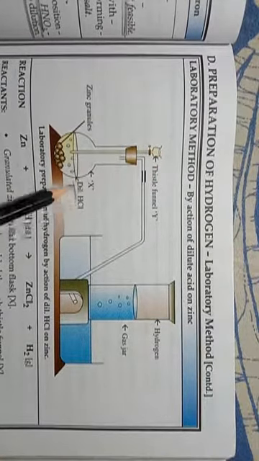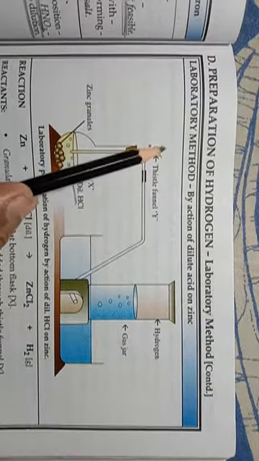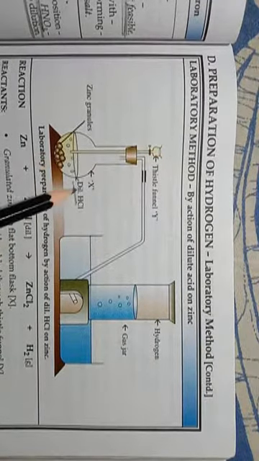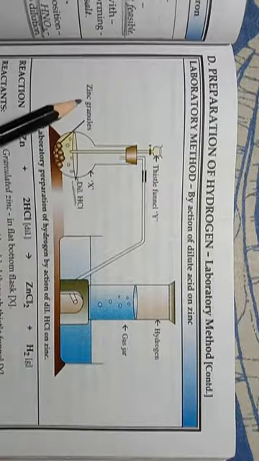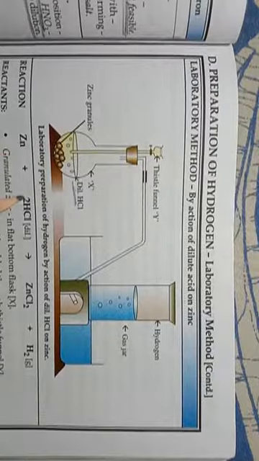To add dilute HCl, we are using this thistle funnel, with the help of which we are adding dilute HCl here. So zinc reacts with dilute HCl according to this reaction,